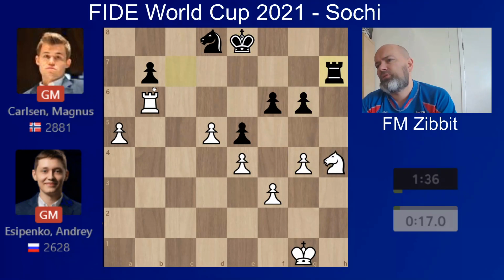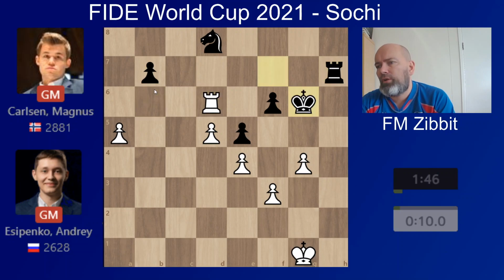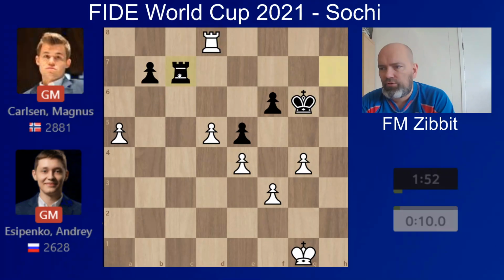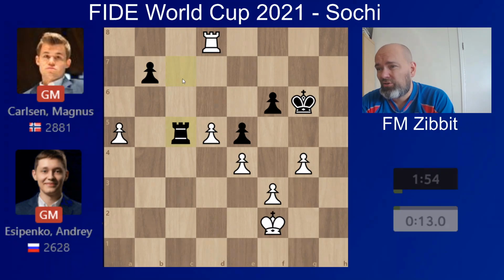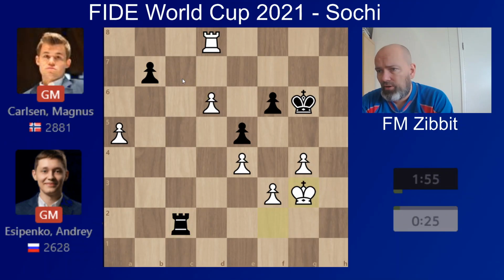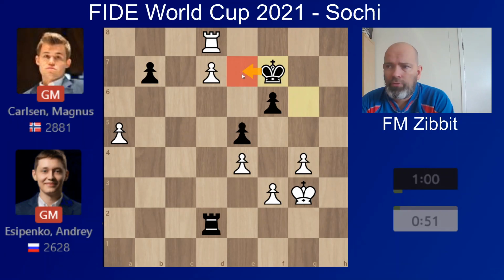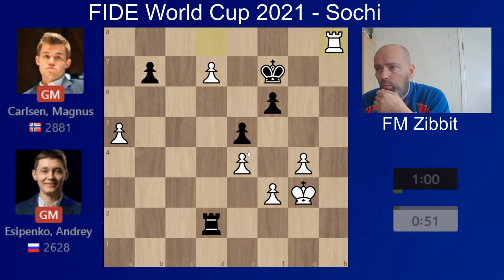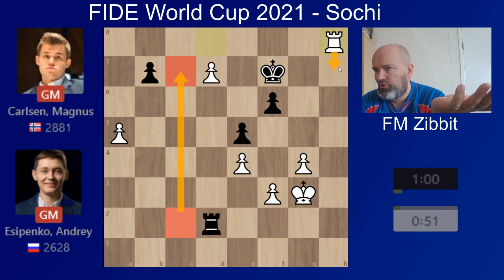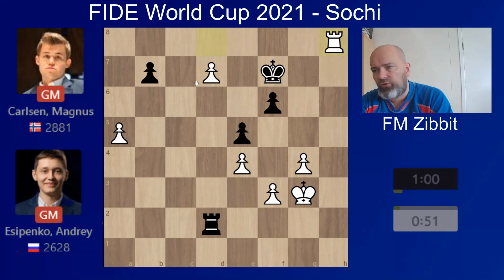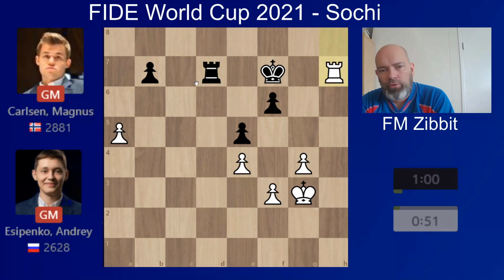So Magnus decides to give up a pawn here, try to get some activity for his rook, gives up another pawn, but it's too much. And Esipenko pushes his passed pawn at the king f7. True, we're threatening to win the pawn, but a nice trick here, which very often wins simply a rook. Let's say the white pawn was on c7 and the rook was here, and now you take, check, wins the rook. In this case it's a trade, but still a very important tactic because the pawn ending is easily winning